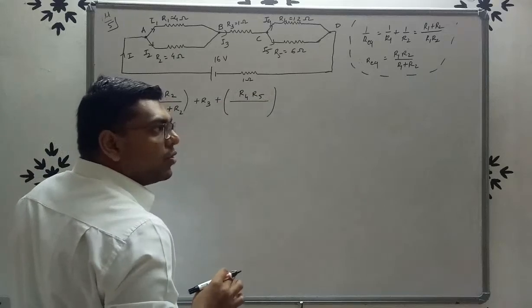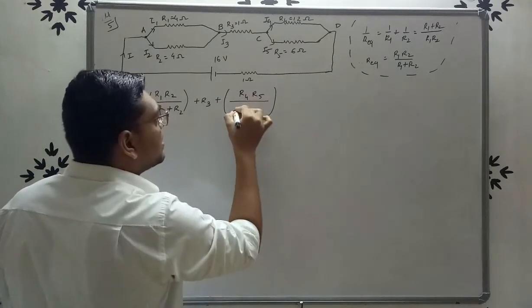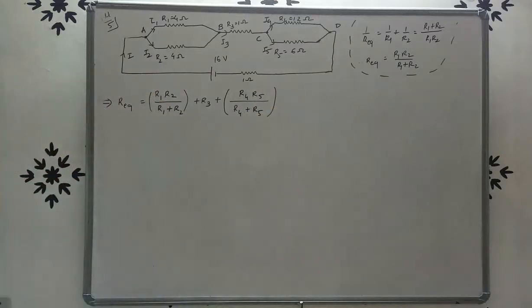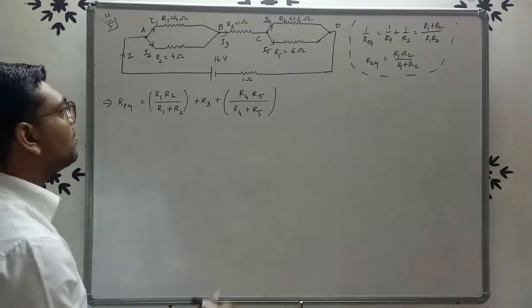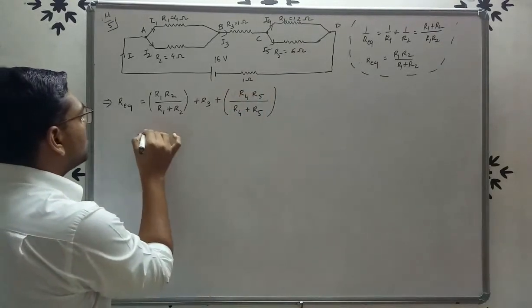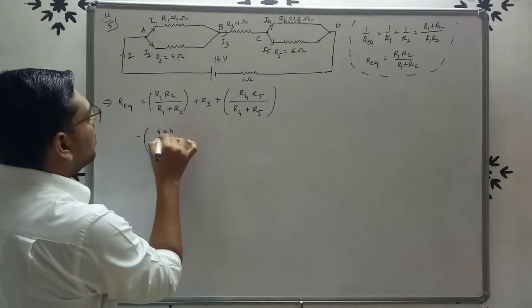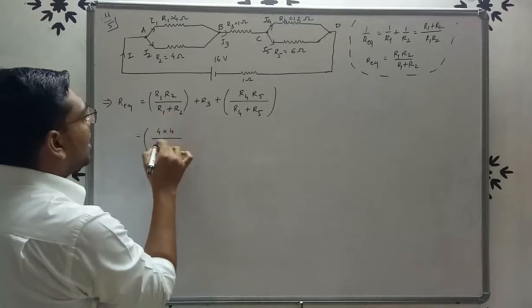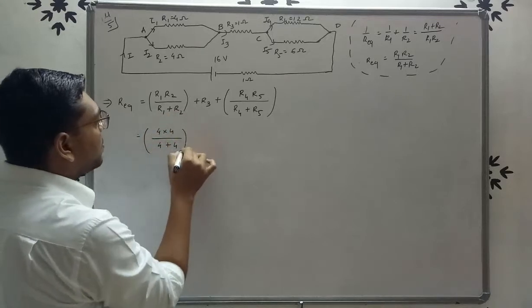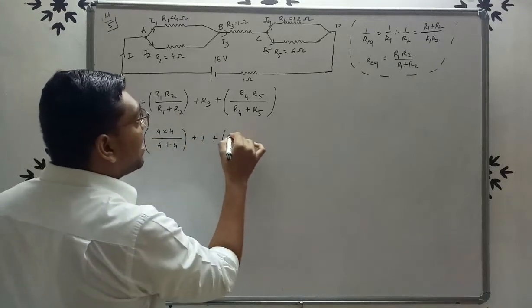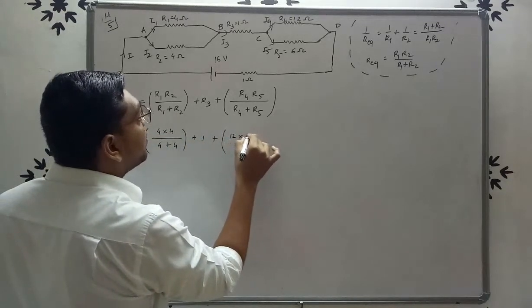In the denominator you have to add the resistors, so R4 plus R5. Now we already know the values of R1, R2, R3, R4 and R5, so here we put the values of the resistance. R1 is 4 into 4 upon R1 plus R2, so 4 plus 4, plus the value of R3, 1, plus the value of R4, that is 12, into the value of R5,